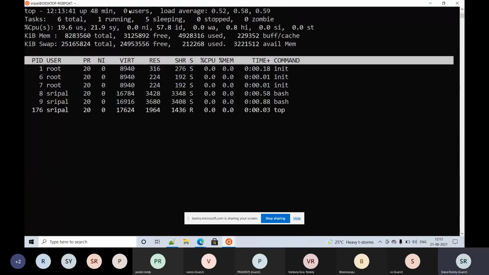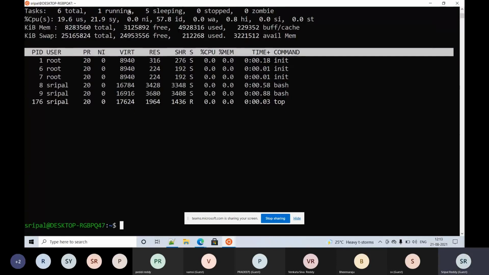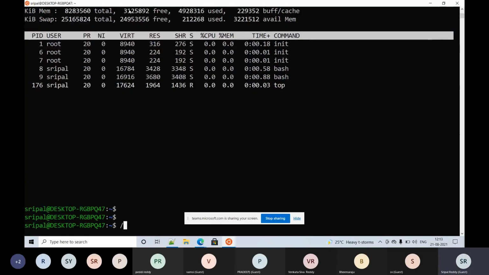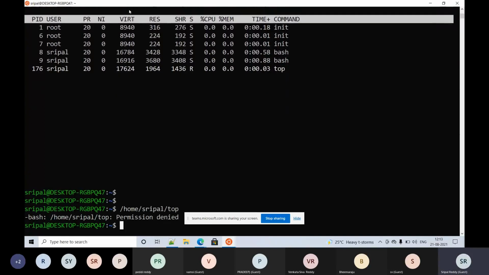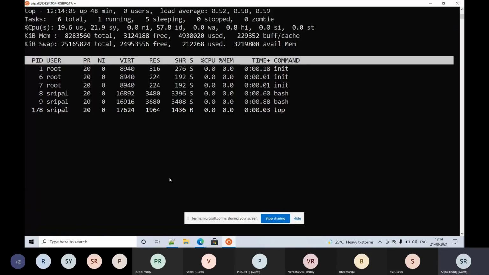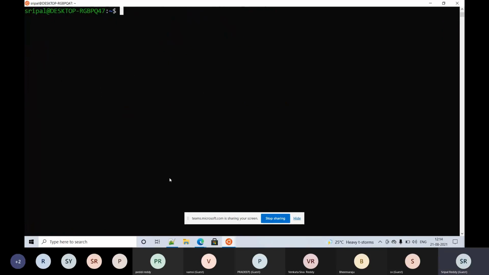If I execute top, slash home Sripal top, permission is denied, meaning I'm not able to execute that. If I execute /bin or /usr/bin/top, it will execute without any issues. So it's very important to find out from where you are executing the command in case your output is not as expected. In such cases we can check the command using the which option.